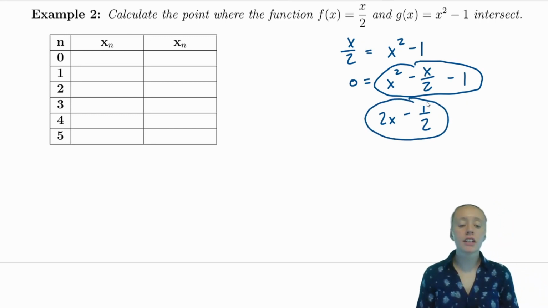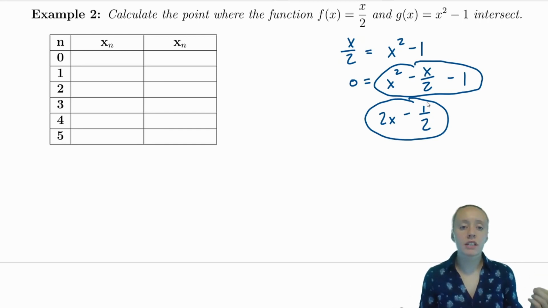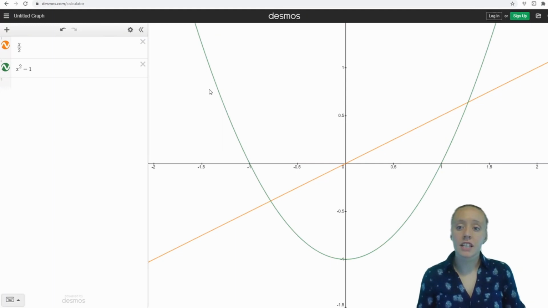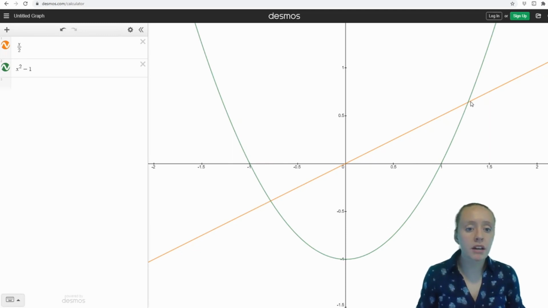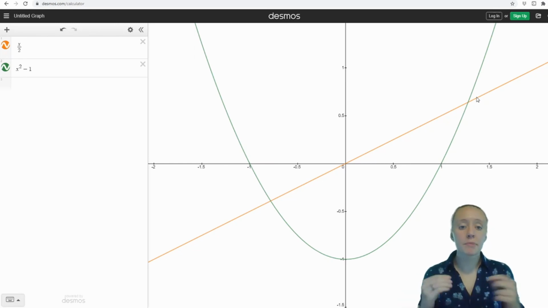And what would be a good estimation for those intersection points? Well, we can plug in points and get an idea of how the function is shaped, or what I've already done is I've graphed it out. You can see here is my x squared minus 1, and here is my x over 2. So a good estimation would probably be around negative 0.75 for this first intersection point, and the second estimation would probably be around 1.25. So I'm going to use those as my x sub 0 to find those intersection points,